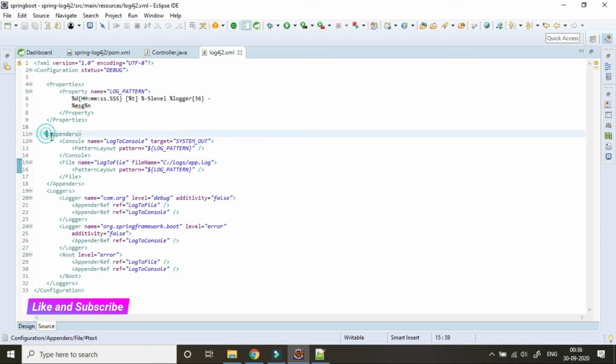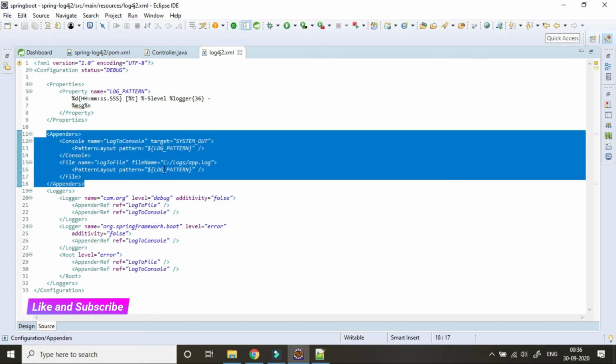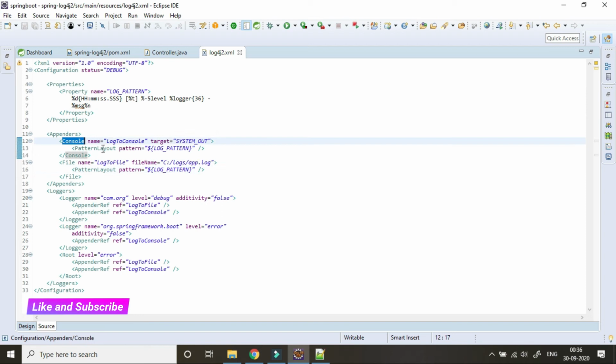So this appender section has two parts. This is console, which is used to print the logger statement to the console. And this is the file appender. This will print our logger statement into a log file. This is the name and this is the file name. So we have provided the file location as well as the file name.